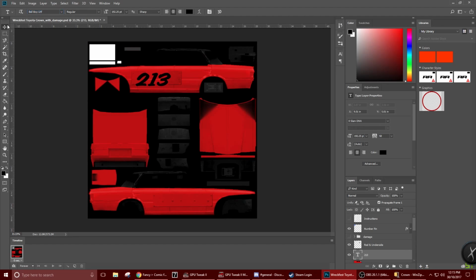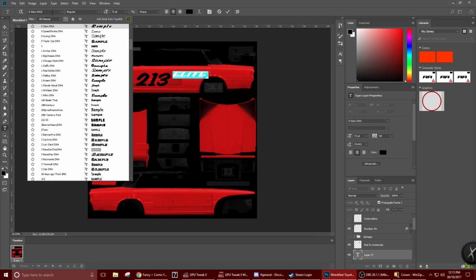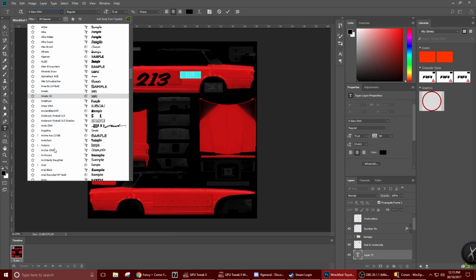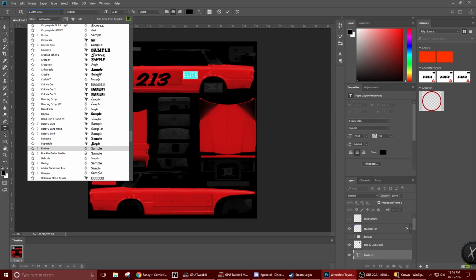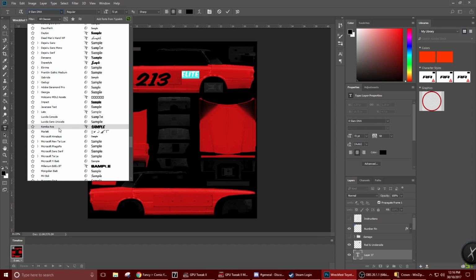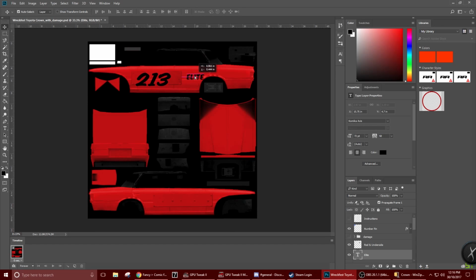What I'm going to do, I'm going to create a new file there. I'm just going to type in, say, Elite. And then we're going to highlight that. We're going to click up here and scroll down to that Comic again. You could probably type it in the search bar at the top, but I'm just going to scroll through because it doesn't always work. So there we go, that's the font that I just downloaded. Size it up, Control T, that brings it bigger. Control T again, so I want to size that up, and there we go, I've got it on the car. Apply,